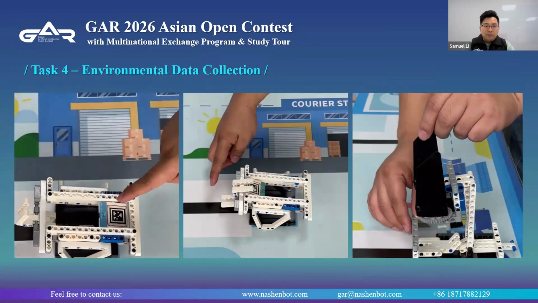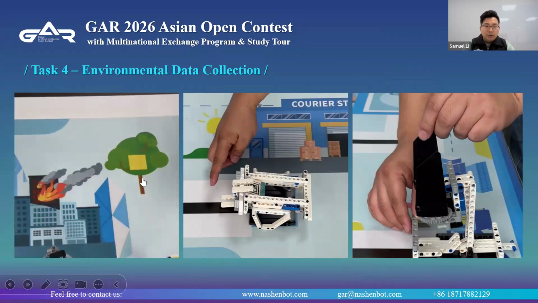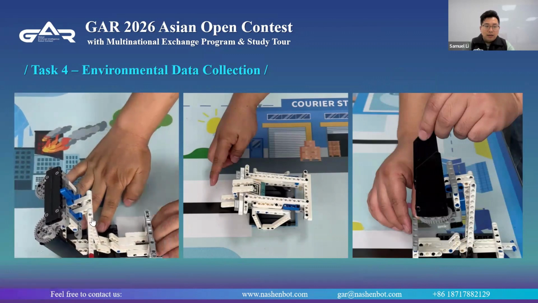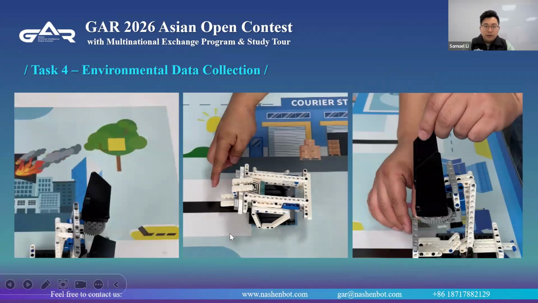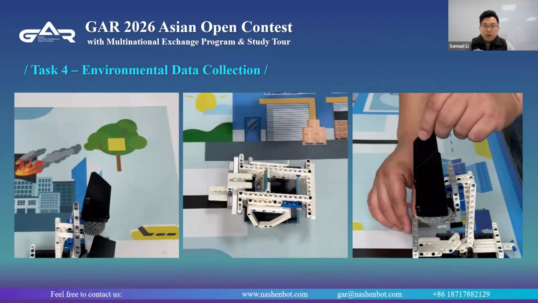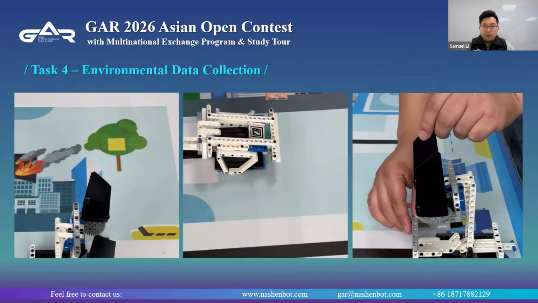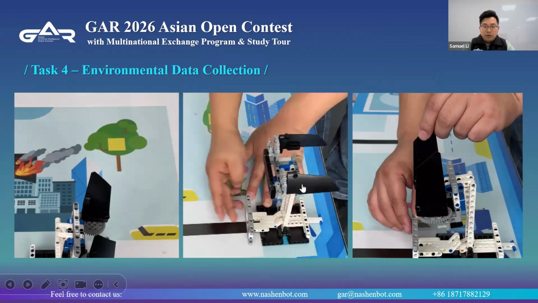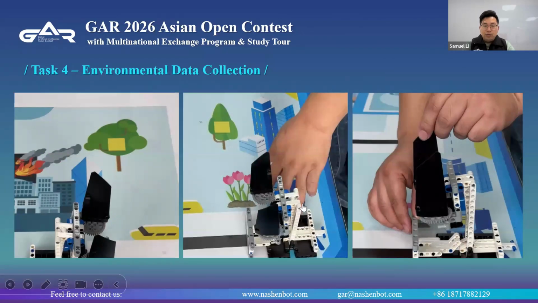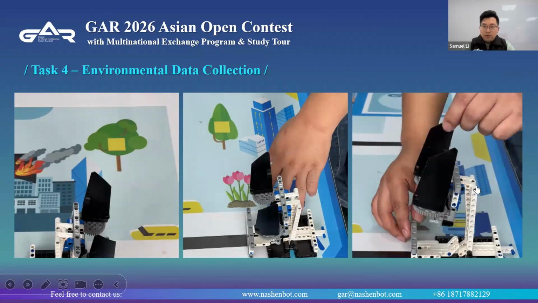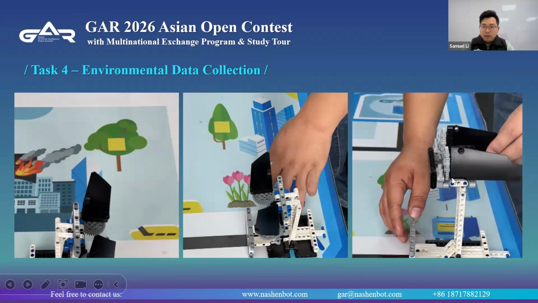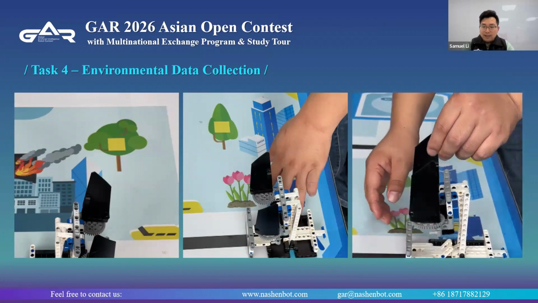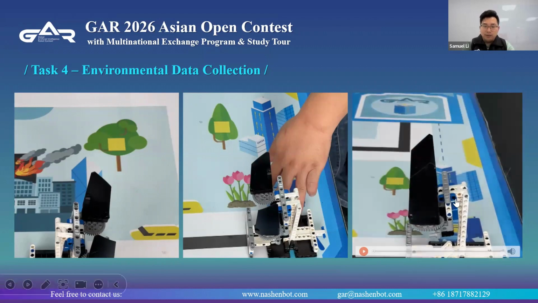Here you trigger the random model, and you find it's F1. So you finish the F1 monitoring model. If you trigger the random model and it shows F2, then you need to finish the F2 monitoring model. Here, for example, if you cross this center point like this, you can get the points.